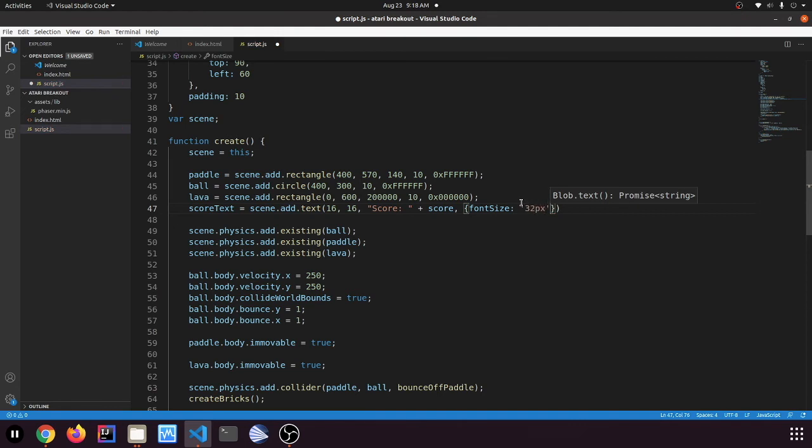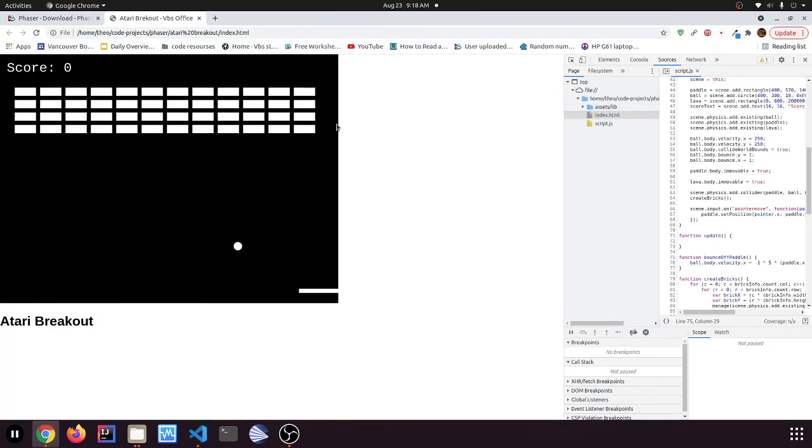And then fill, so the color it has to be fill. And then we'll just do a hexadecimal value of white. Okay, and now when you reload it, it should say score 0 at the top, but we also need it